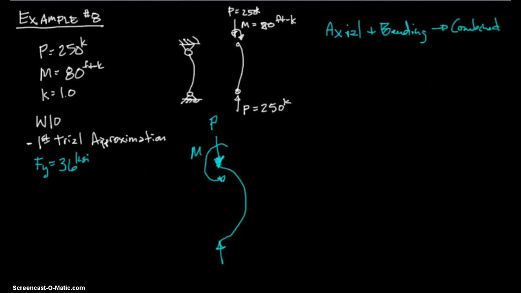Depending on how much moment there is, you're going to be able to handle less axial force. It's going to buckle sooner the more M you have. So that's really hard to figure out. It gets extremely complicated. Once again, the complicated part is not this first trial approximation. To do anything other than this kind of approximation